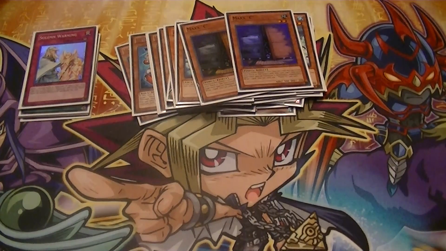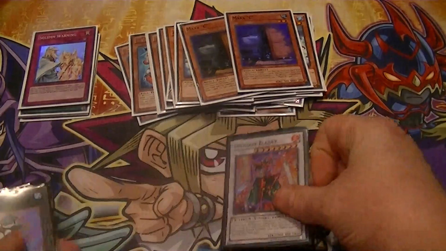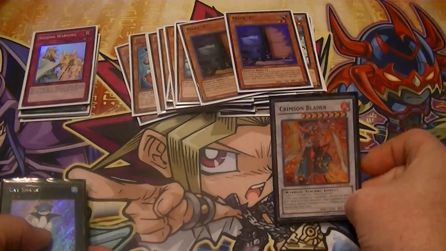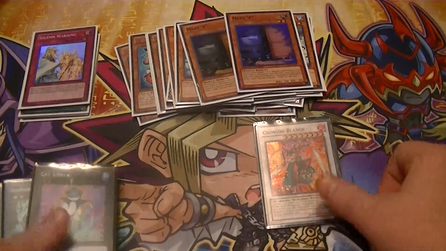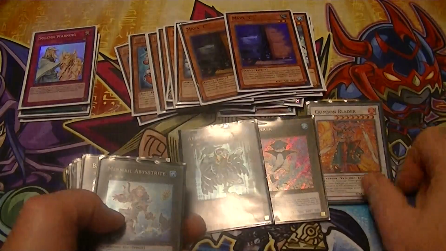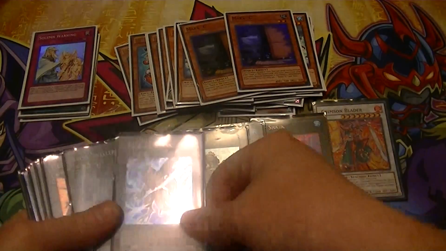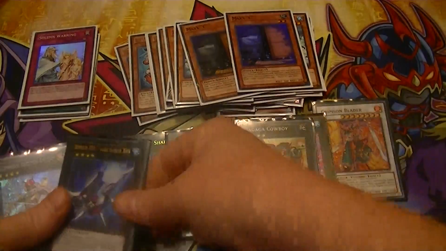You kind of basically just want to get as much out as soon as possible and try to, you know, push for an OTK. As for extra deck, we have the 1 Crimson Blader, because this kind of tended to be a special summon format with a lot of high level monsters, so I kept that in there. And for Xyz, I ran Cat Shark and Kappa for my 2s, Abyss Trite for my 1/3. Then I had Bahamut Shark, Abyss Dweller, Cowboy,